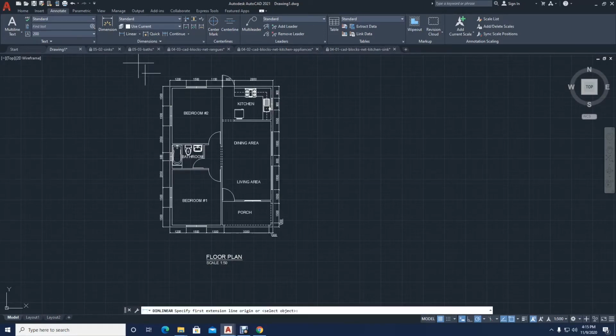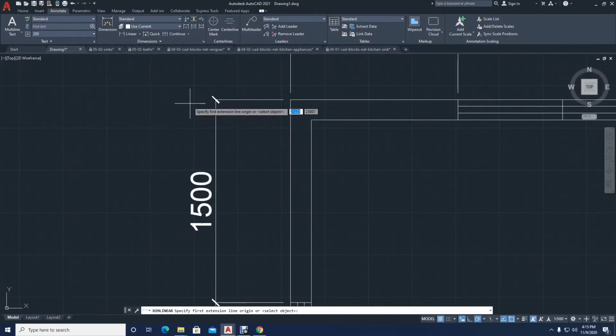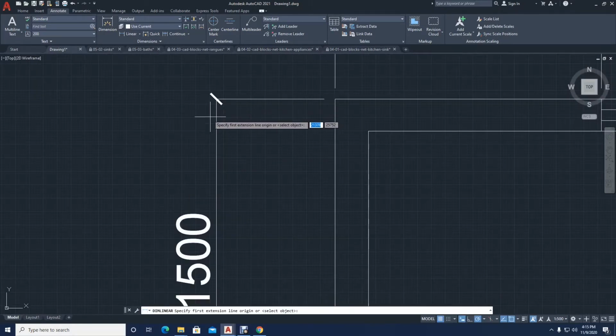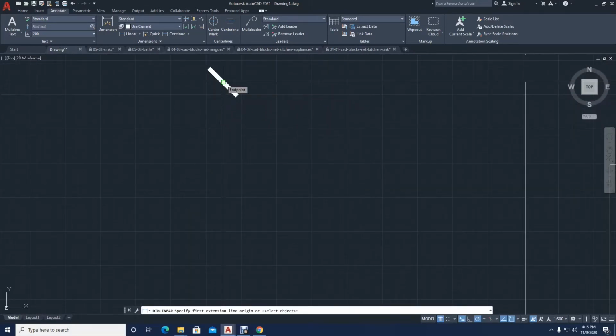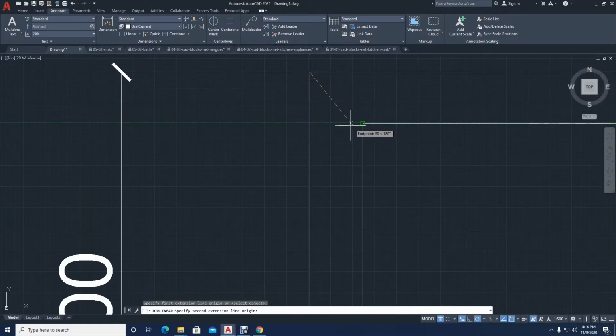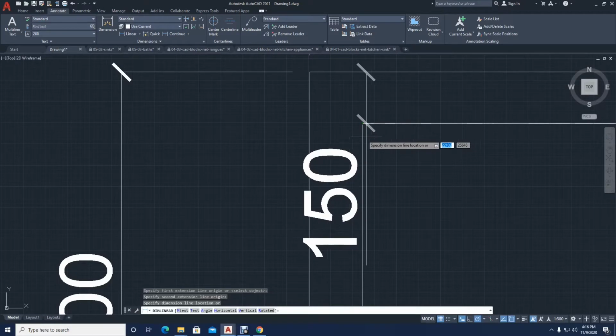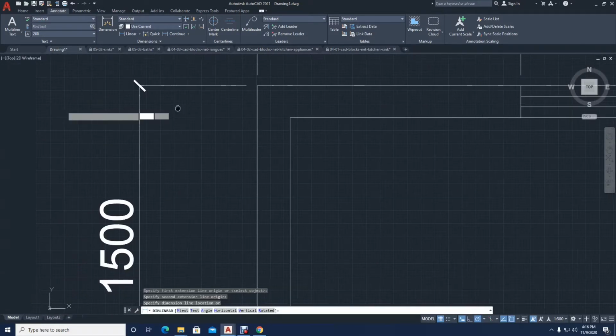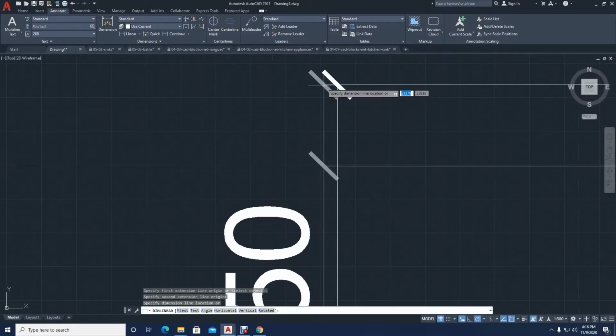So that's my first row of dimensions all around the building. The second row will be from wall to wall. So it would be, let me start here. You're going to click at the top of the dimension here. You can click from here to here, but you're going to track the measurement. I'm not clicking. Let me show you what will happen if I click it. If I click it here, you can pull here or here. This is where I want it. You have to track from this point,